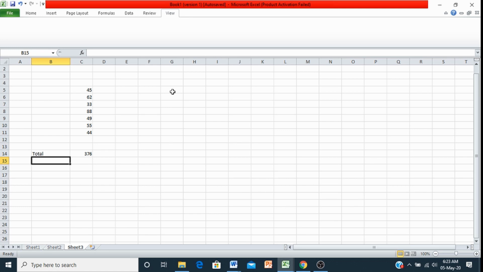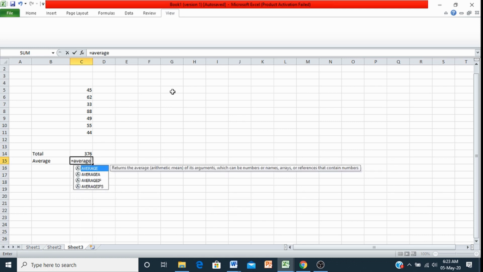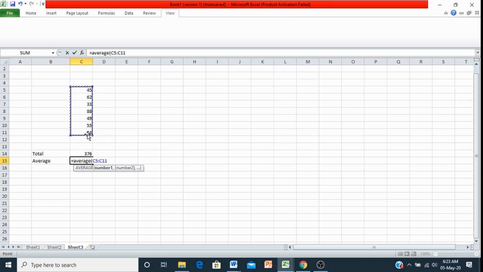So with the help of sum function, we can take out totals. Now next thing, we will take out from these given numbers, the average. So I'll just put average over here and I'll go in this cell, and in this cell I'll put an equals to sign, then I'll put function average, then open bracket, then again I'll go to the first number and click over here, and without releasing the mouse button, I'll just drag it till the end and press enter. So here we got the average of these given numbers.